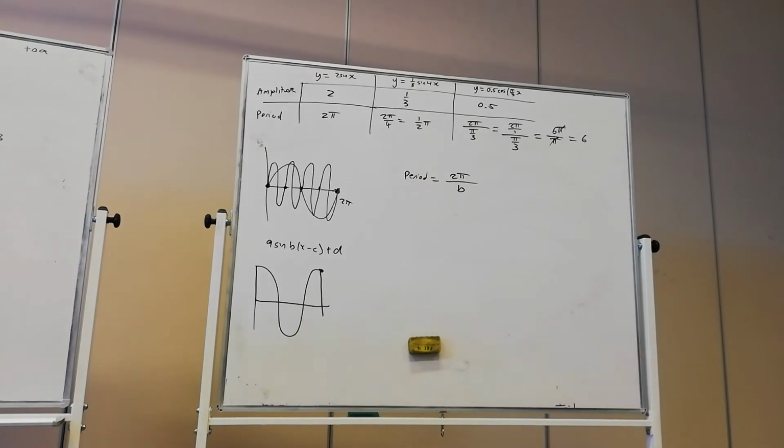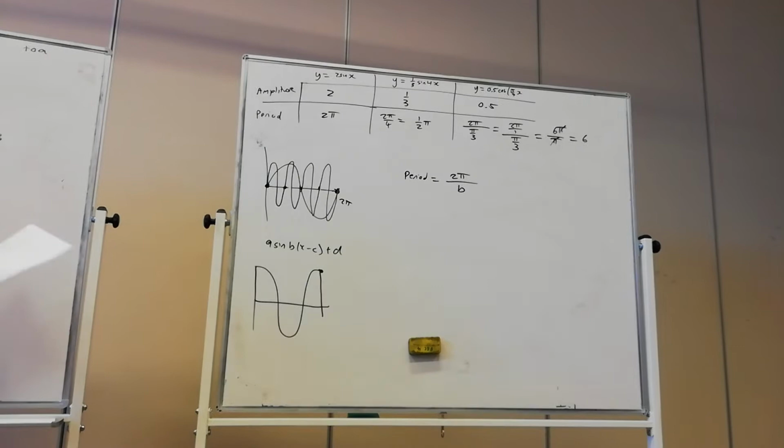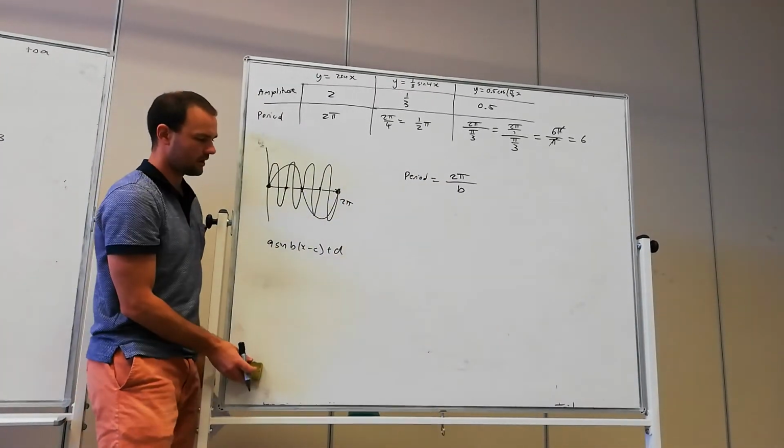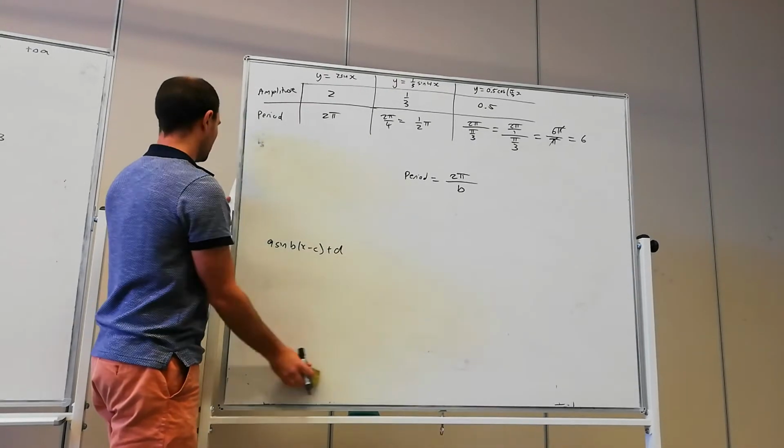Excellent. Okay, so that's our table. And then we've got find the equations. Okay, so these are always a little bit tricky. So this is our base function, a sine b of x make c plus d. Now the one we've got here